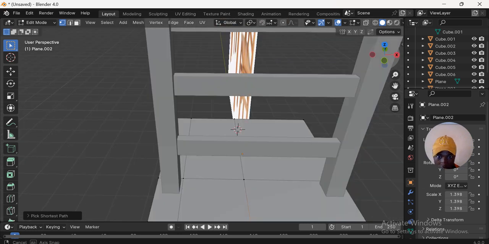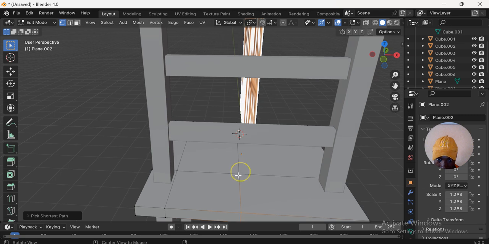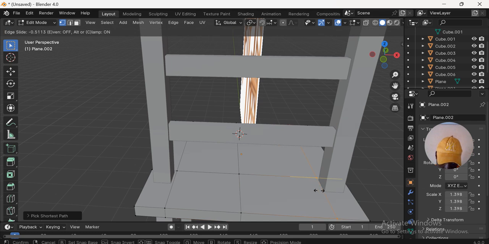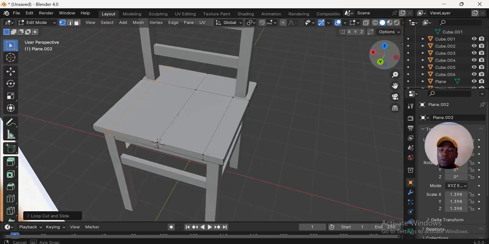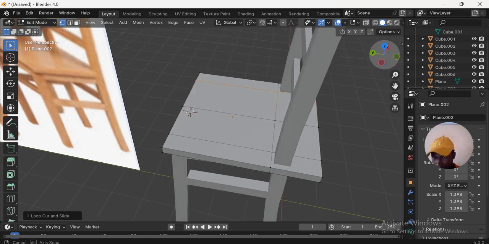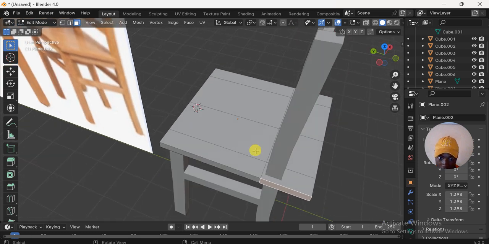Okay, you know what? Let's add one more loop cut. Control R. So bring it right here, very close to the, yeah. As you can see now, in this place we have to move it in just like our reference. So you select this face and you move it in by,